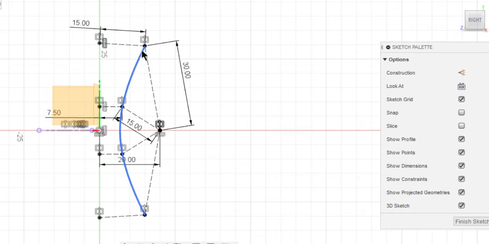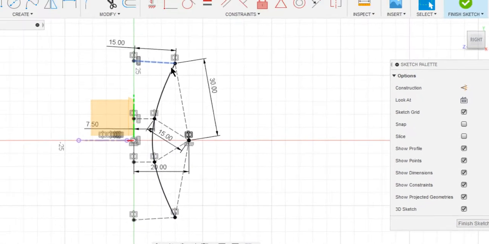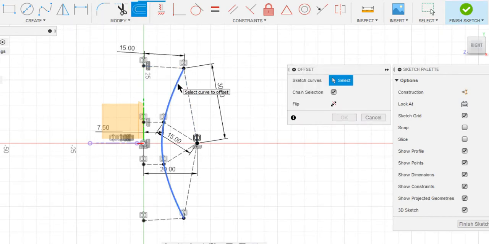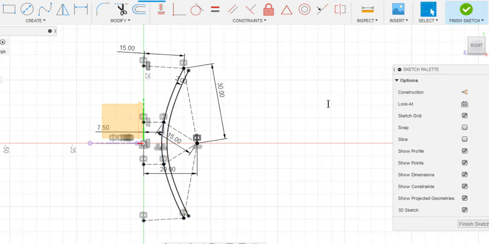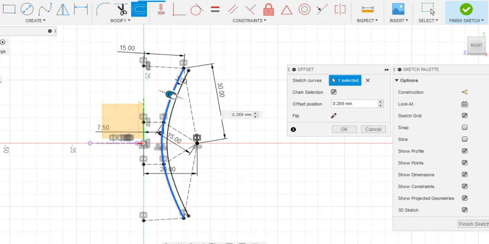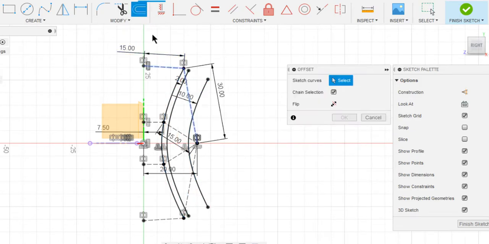Awesome. Now that we got our hyperbola profile, let's offset that profile so that we'll get space for the rod to revolve. Select this profile and drag it inside. I want this to be -2 mm. Repeat the same and offset position be -10 mm. Repeat it again and the distance be -12 mm.